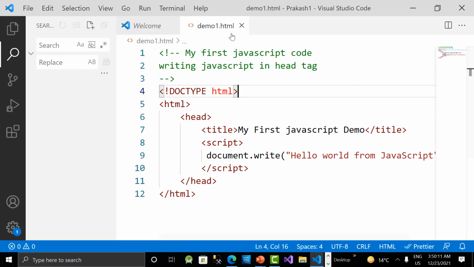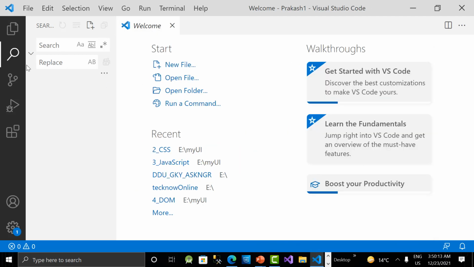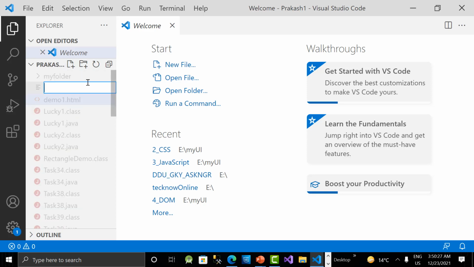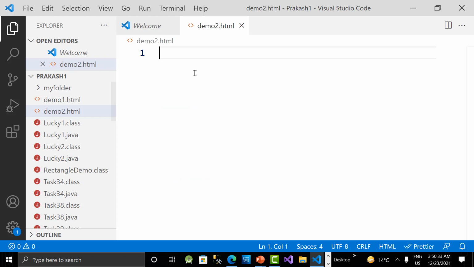This was the last example. Let me close it. And then I'm creating a new file, guys. Let's go to this, and when you click on this button you can see the list of folders and files available. So the previous example was demo1.html, and I want to add one more file, guys. Click on this button and I said demo2.html. Okay, press enter.